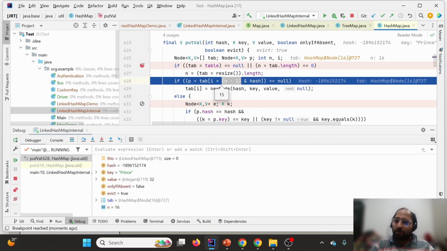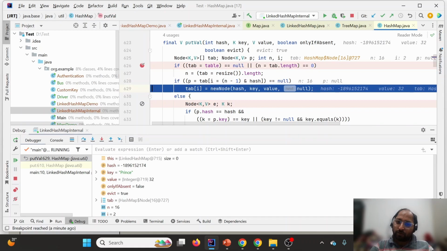Using this n minus 1 and the hash, they are calculating the index and assigning it to i, which is nothing but the index. Then they are checking whether the node at this particular index is null or not. It would be null because this is the first entry. So first of all the index will be calculated as a result of this step. So the index is calculated now, right?